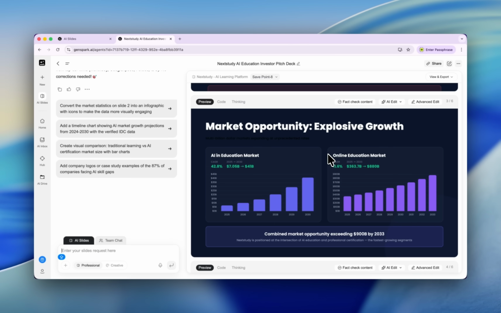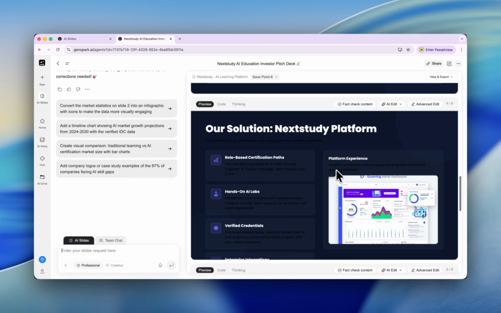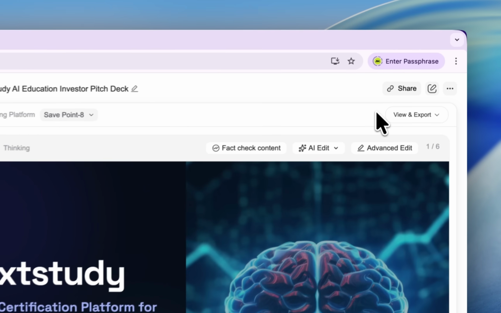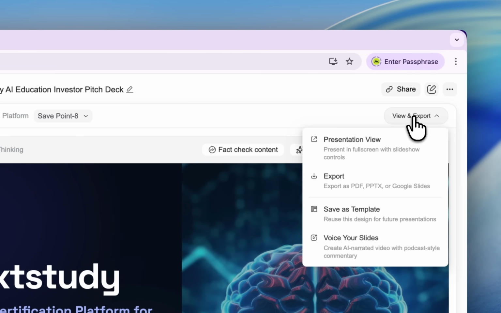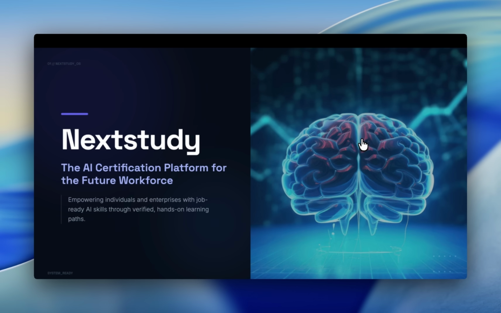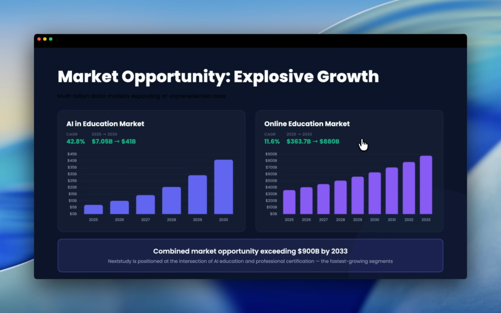And the subpage about the market opportunity, and then we have our solution. I think everything looks good. And can we export it? Let's click here. First, we can save it as a template. And we can use this tool to preview the slides. You don't need to install PowerPoint anymore. We just generated it in minutes.